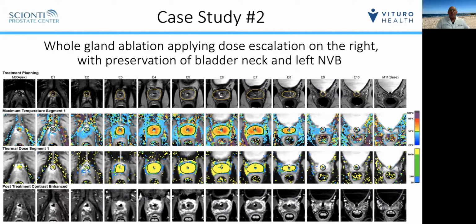The treatment report from this procedure demonstrates, again, temperature maps with maximum temperatures achieved throughout virtually the entire prostate. One can see the thermal dose maps in yellow, showing much more extensive dose applied around the 8 o'clock to 10 o'clock positions, with preservation of a small amount of tissue, especially at the 5 o'clock position or around the